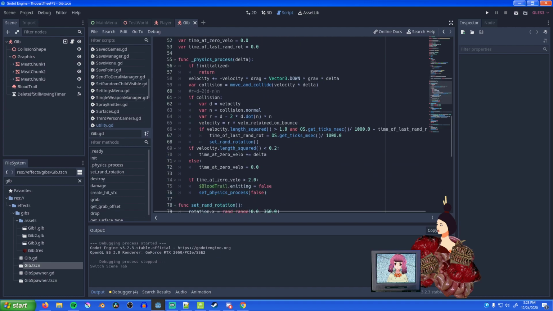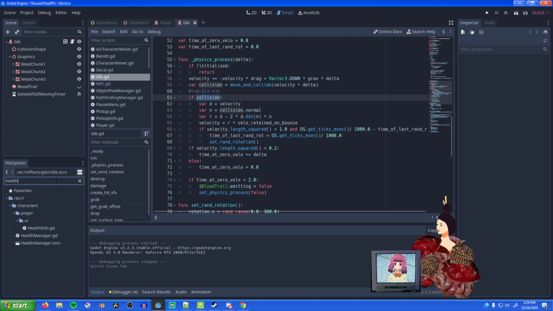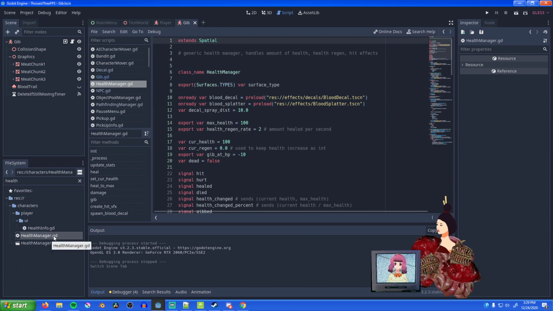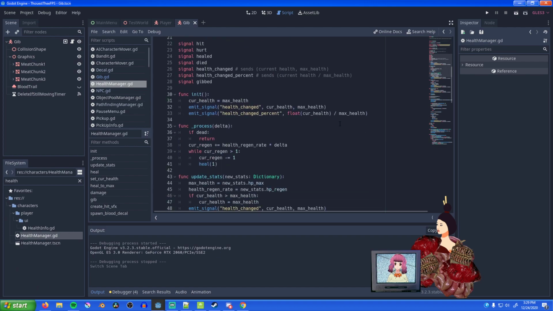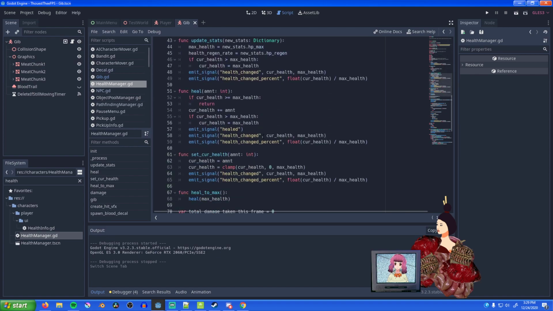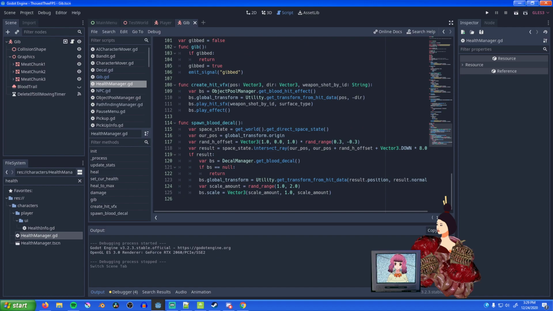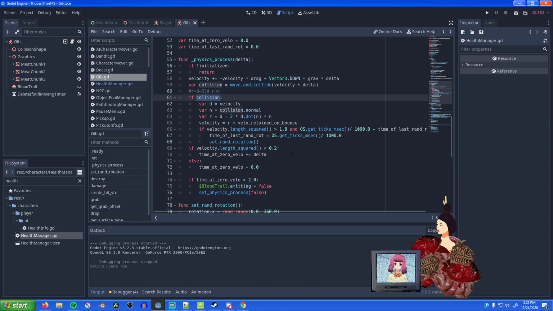Physics process. Okay, so we bounce on collision. I want to, let's see, how do we do this? Health, no, it's in here. Health manager. And the blood decal, I'm not using that, am I? I use this. Let's see, if velocity, okay, D is velocity. So we just bounce, basically. On a bounce, then